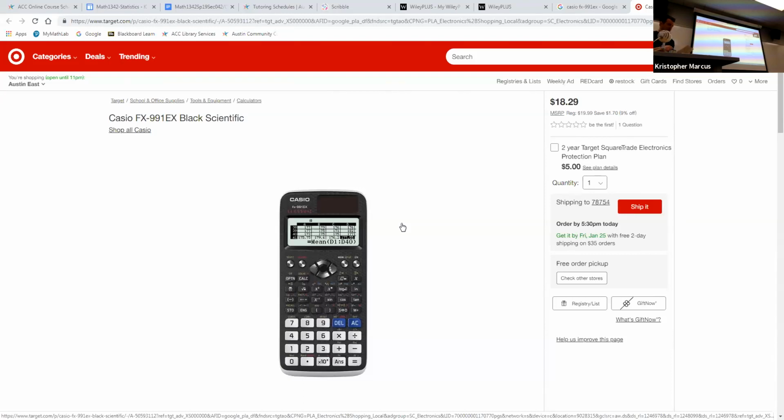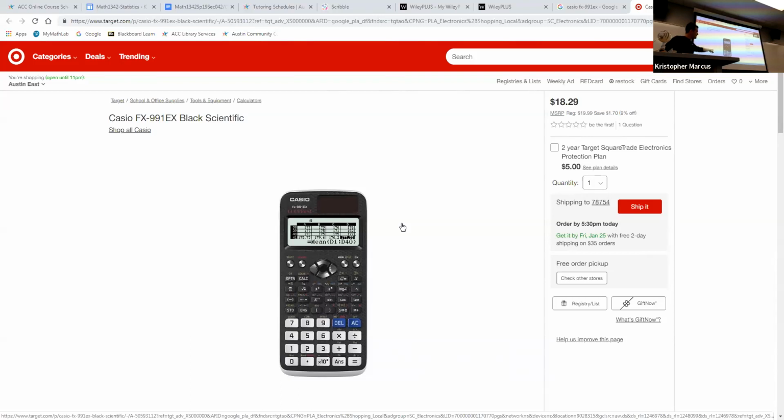It's very similar to the Casio, but the TI, usually you have to go to like Office Depot to find that particular model. If you have a calculator you like that's scientific, great, don't buy one. The reason I suggest these is they allow you to type in large formulas with fractions in them and square roots, exactly the way you have it written on your paper. So you can type it in fairly easily and see exactly what you did or didn't do correctly as you wrote it in. Be patient with the calculators.